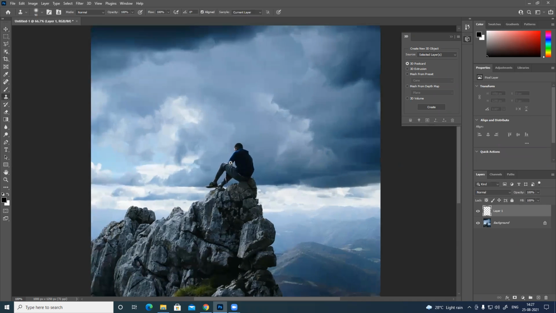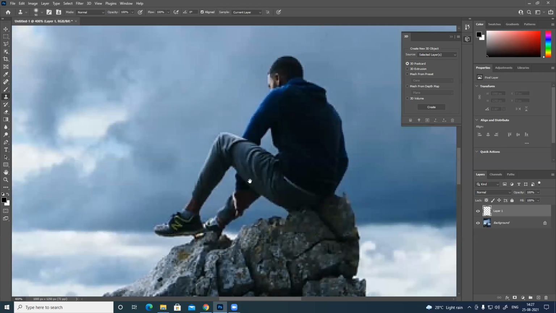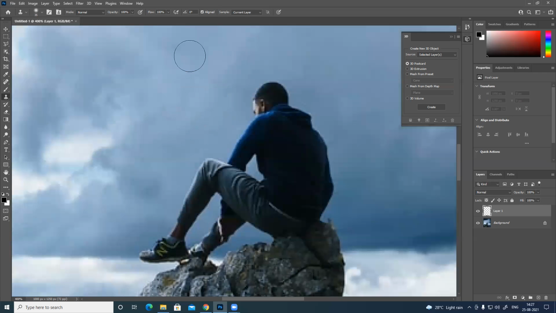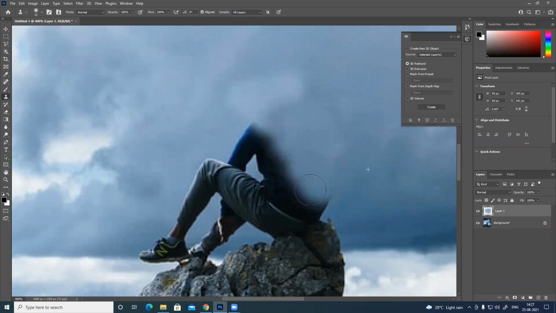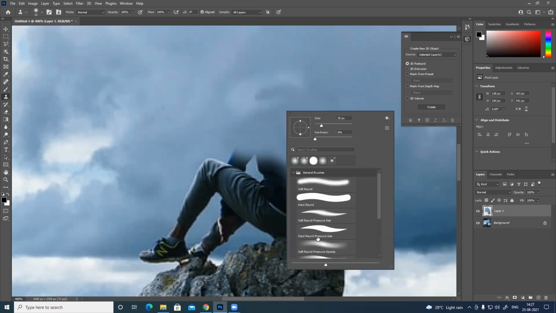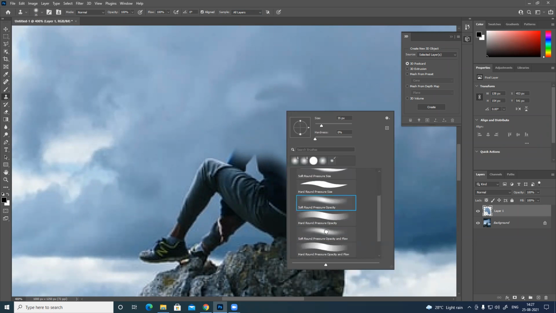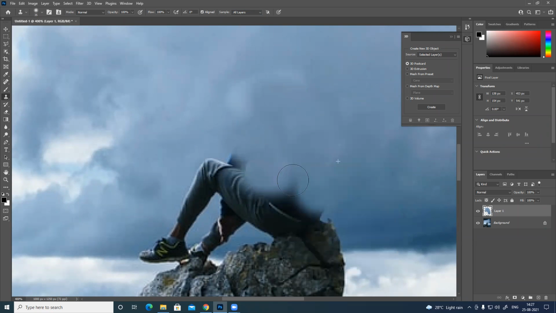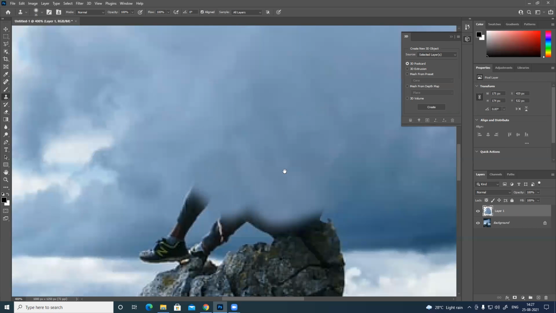So new stamp. All these things you guys already know. S for stamp shortcut. And I want to remove this character from here. Okay, simply stamp it. So you can see right now it's not working because the character is selected. All layers. And always, whatever you're modifying, make sure you have a backup.